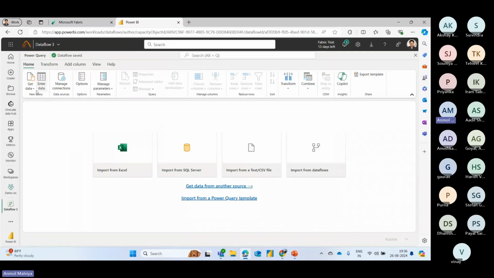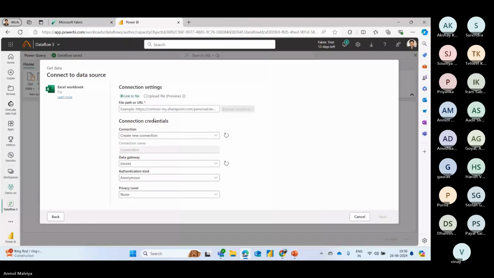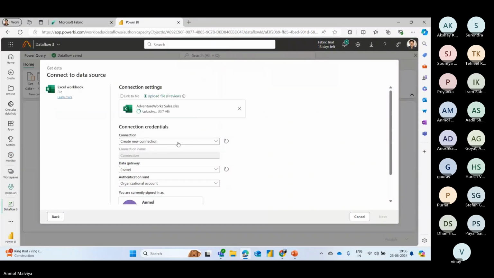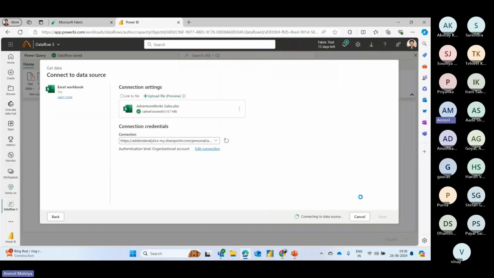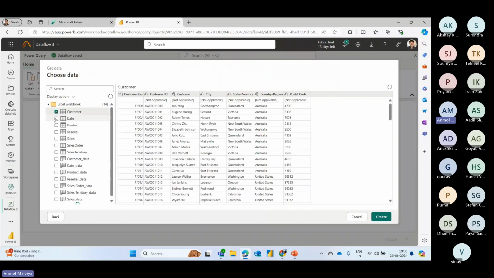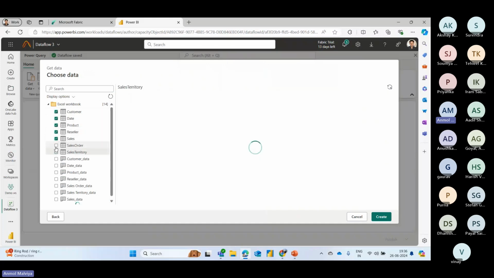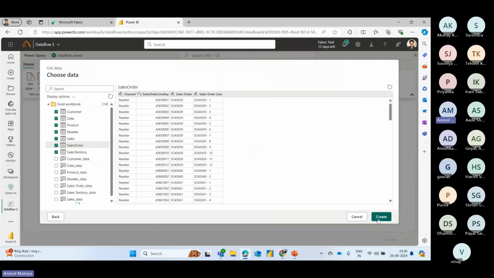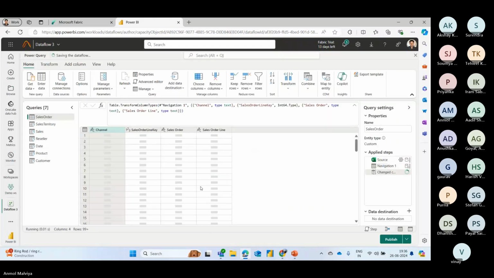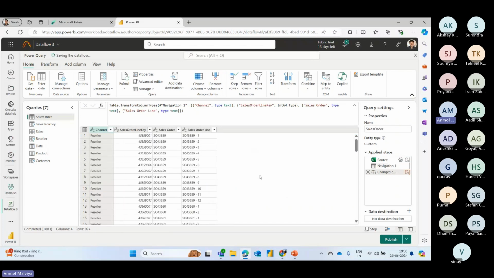In this, we are getting the option to import from Excel. So we will select our Excel file. This will create a connection with your file. You just have to click on next and it will get loaded. We get the same interface as in Power BI, the preview option. We can select from here whatever table we want to import and then click on create. So here we got the data. We are not going to apply any transformation, as we just want to see how we can store it into our warehouse.